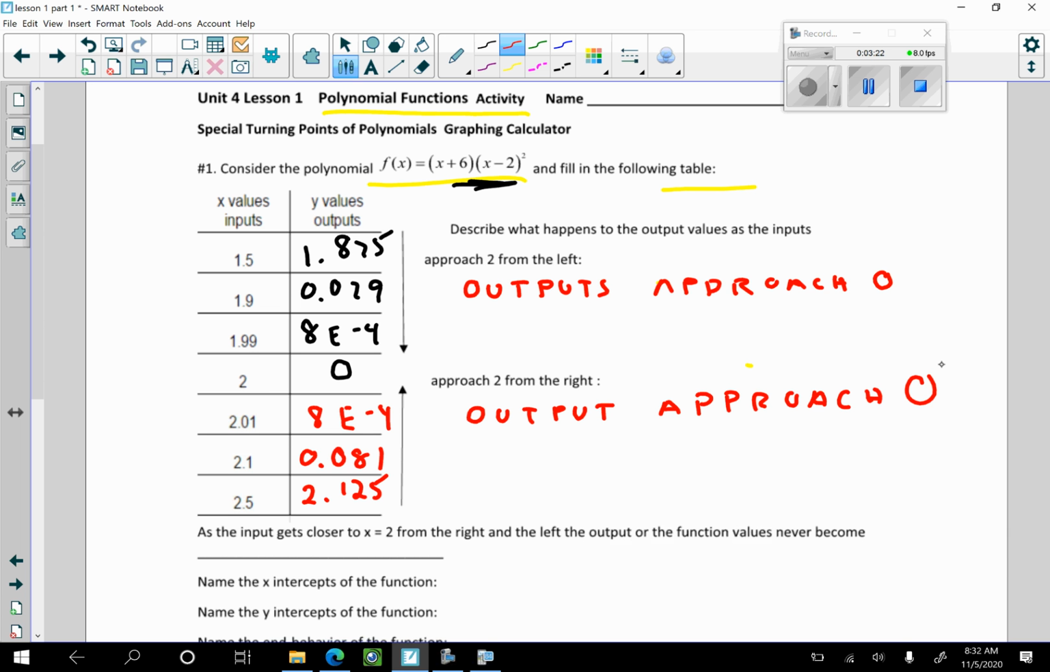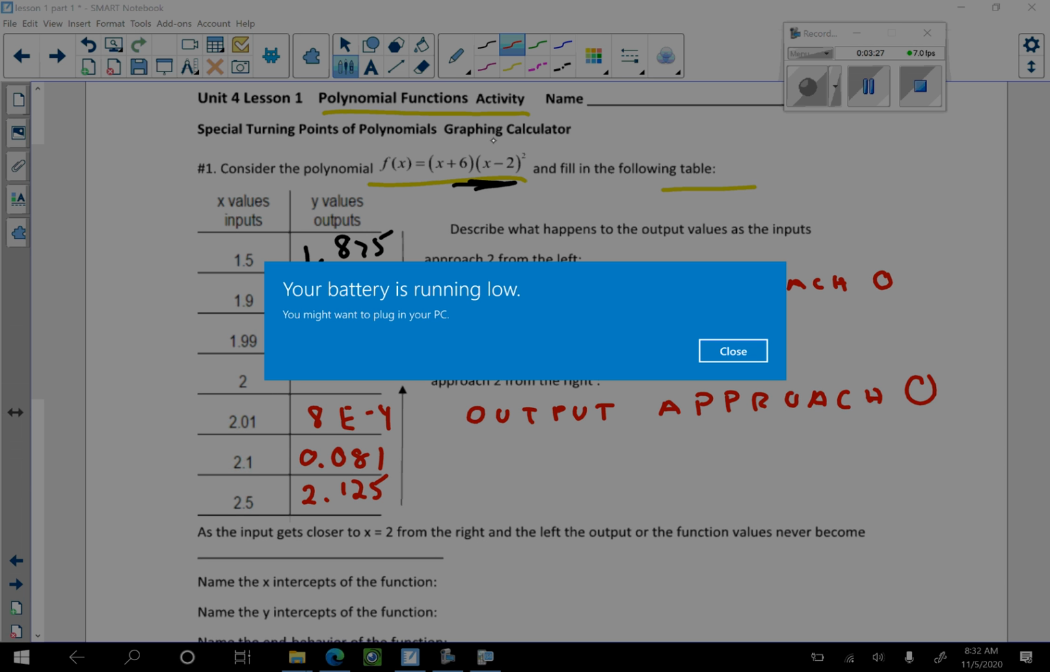If I only look at this part right here, if I only just for a moment look at this and think about